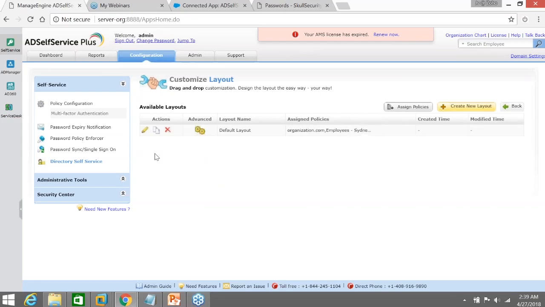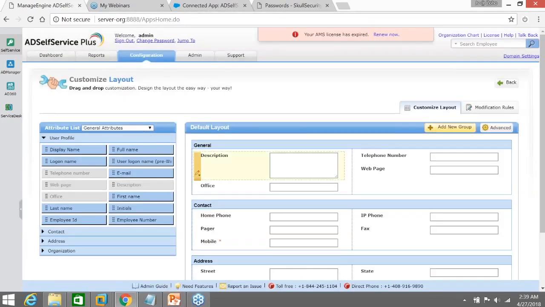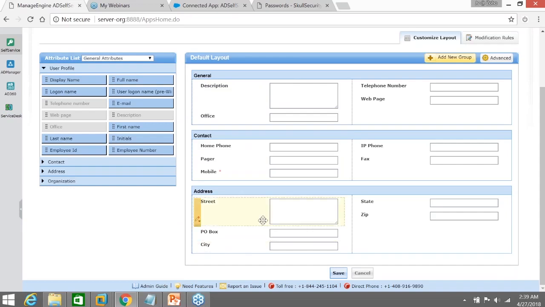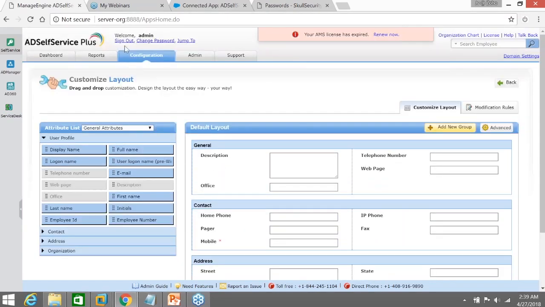You can assign policies and say who gets what access or who gets to change their personal attributes, the ones that are listed right here: employee number, first name, last name, if they have any change that's taking place in any of those. Mostly it's going to be telephone number, or it's going to be their extension, mobile number, or address that they'd want to change, and the end users would be getting the provision for a self update for